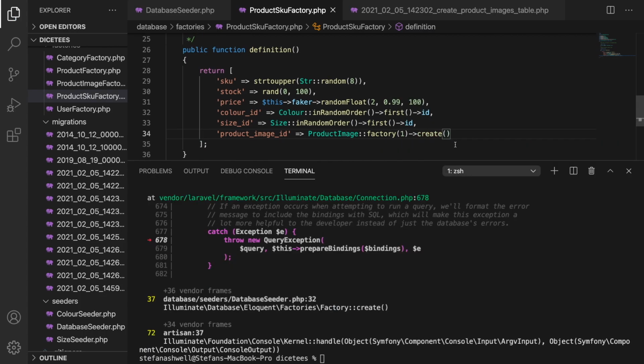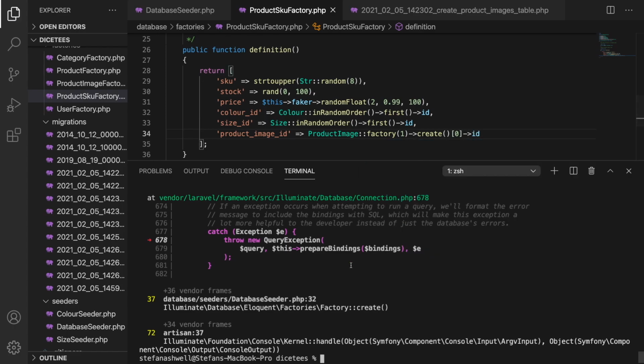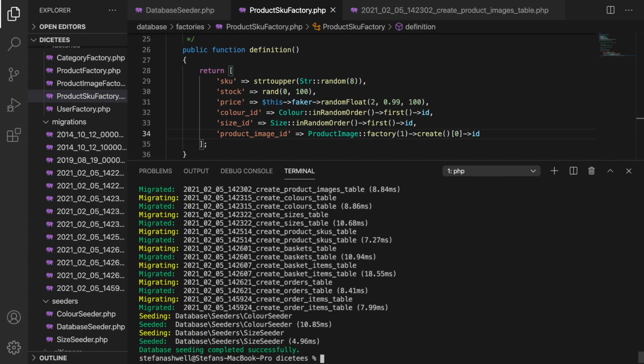That will give us an array of images. So we want the first one and the ID of the first one. Not the most elegant of solutions, but as I say, I'm going to look into why exactly that wasn't working